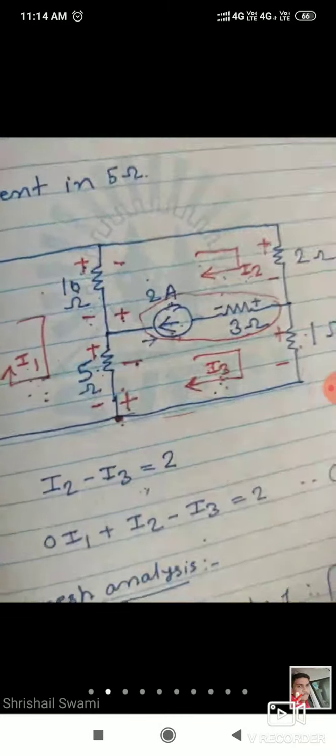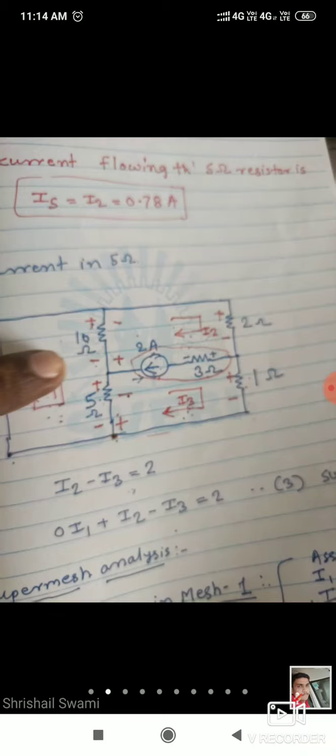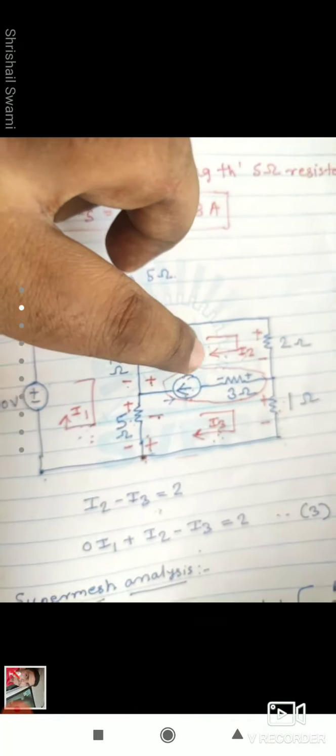Next, when you are applying KVL, as we discussed about this network, if you are carefully observing, this is the central part. This will be the super mesh. So leave that branch and apply KVL combinedly for this outer loop. Okay, for the outer loop, what do you have to do with KVL? You have to apply it combinedly. That's why I will take the help of this diagram and write the equation. So please note down.